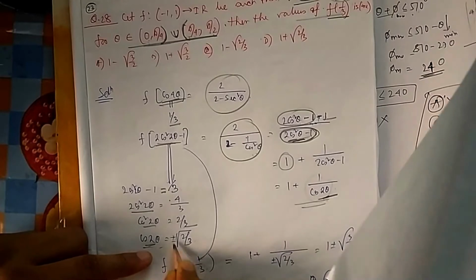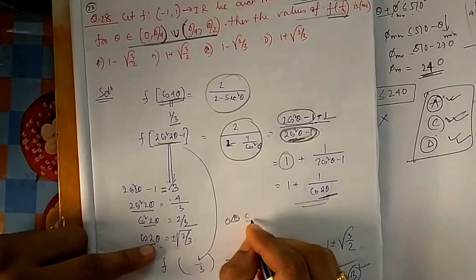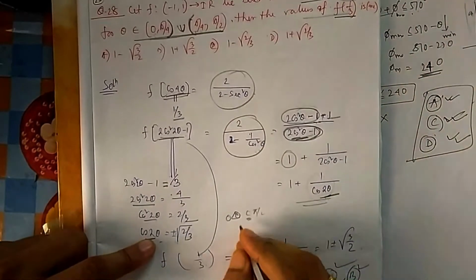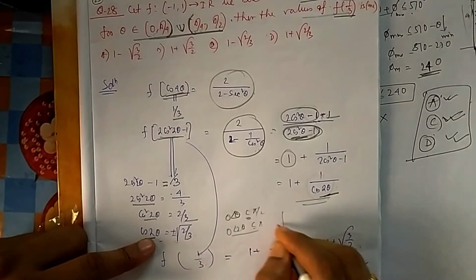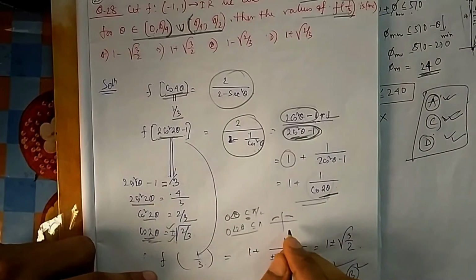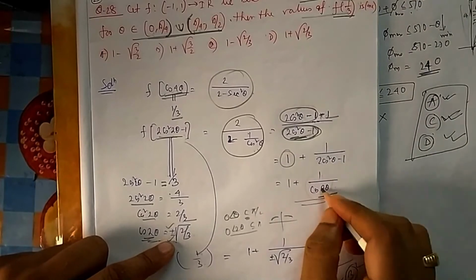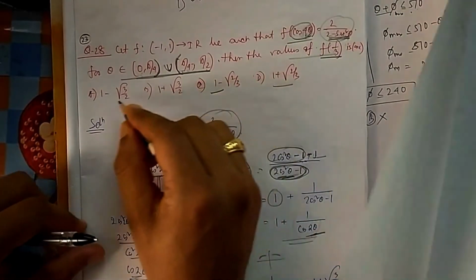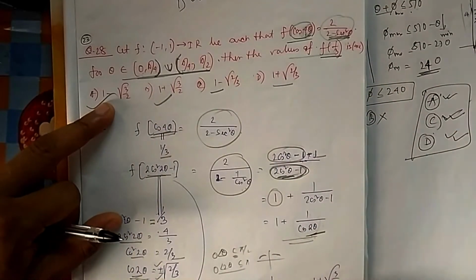Cos 2 theta will be plus minus both, because your theta is between 0 to pi by 2, loosely speaking, but it is not actually 0 to pi by 2 because 45 is not there. So 2 theta will lie between 0 to pi, and going to pi means second quadrant, so cos can be negative also. So it can be plus minus both. So your f of 1 by 3 will be, instead of cos theta, you will put plus minus both. So your answer is both. You can see there is plus also, minus also. So the answer will be A and B, 1 plus 1 minus.